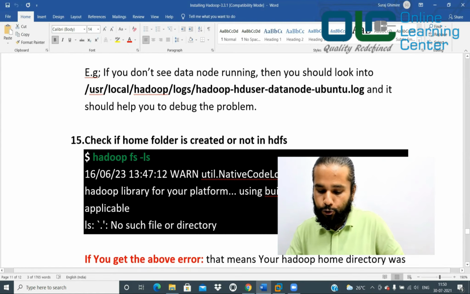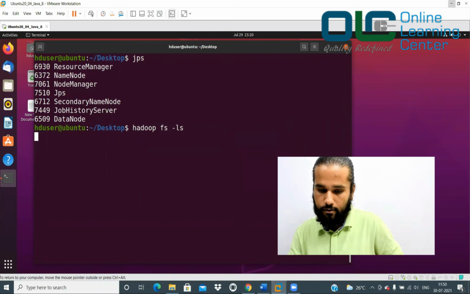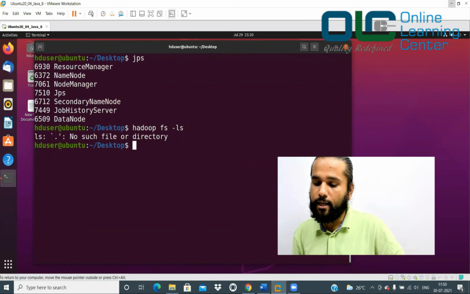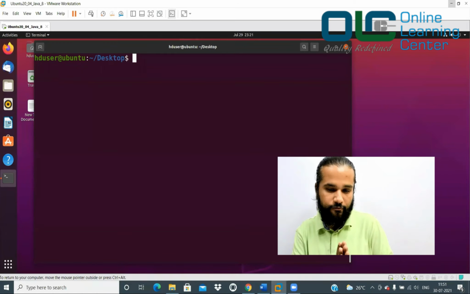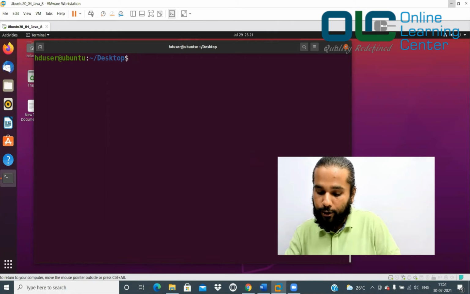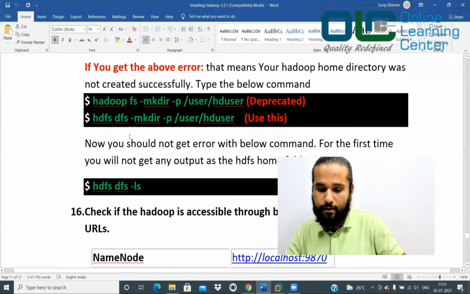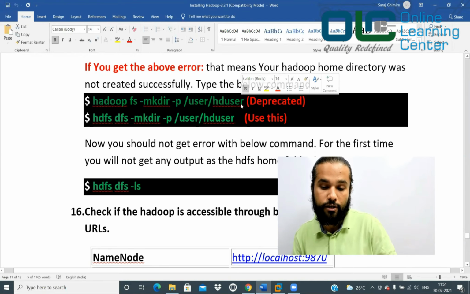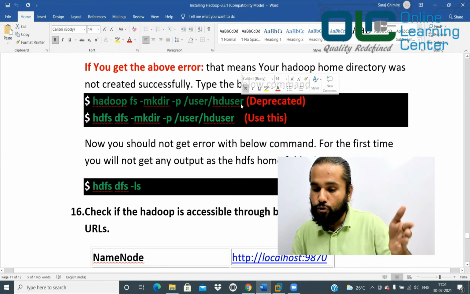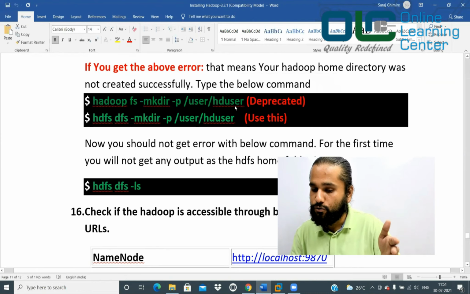Okay, next. Now let us try to say hadoop fs -ls. And for the first time, you may get this error. It says no such file or directory. So what happened is Hadoop was set up successfully, but it has not created some directories by default. It used to create them earlier in the older version, but these days it does not, right? So what you need to do is execute a command like this. You will say hadoop fs -mkdir -p /user/sduser. This is the default location for a sduser. We have used sduser to install Hadoop, so you should have a default location called /user/sduser.